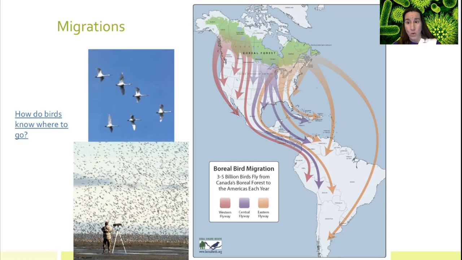And then where do they go? How do they know how to navigate? They know how to navigate because they can sense the magnetic fields in the earth. This video explains it a whole lot better than I can do. It's super cool, the ability that birds have to be able to sense these things and know where to go, because we don't have that ability, but they do.